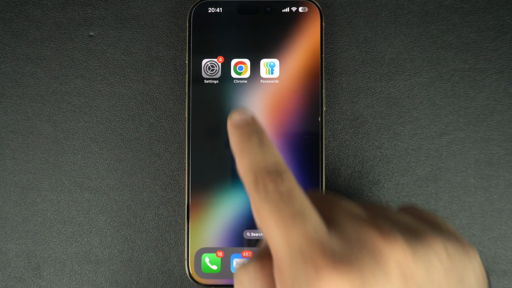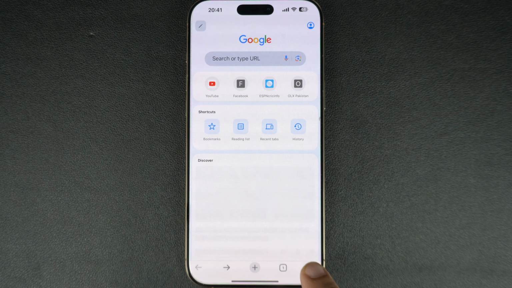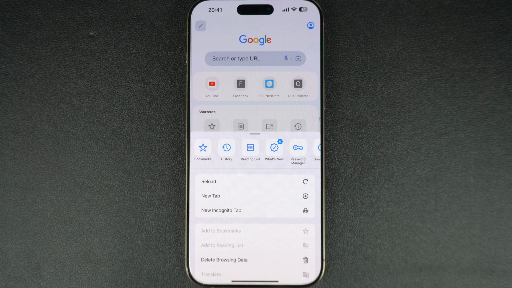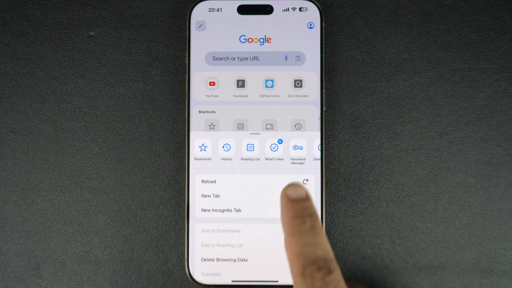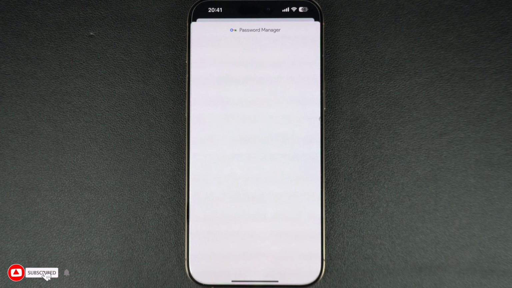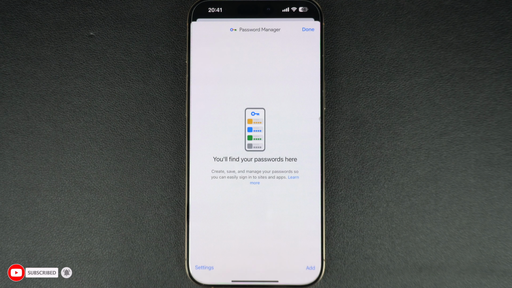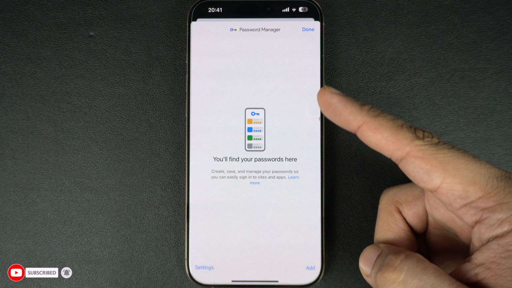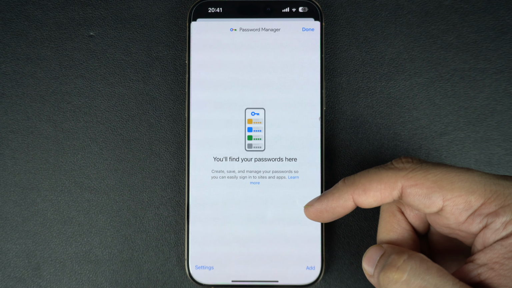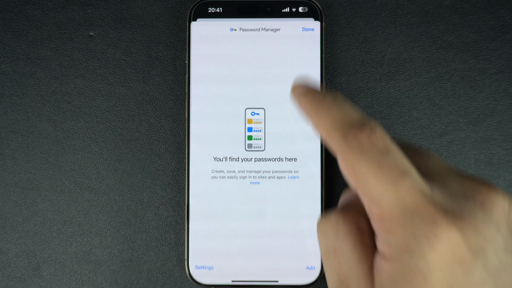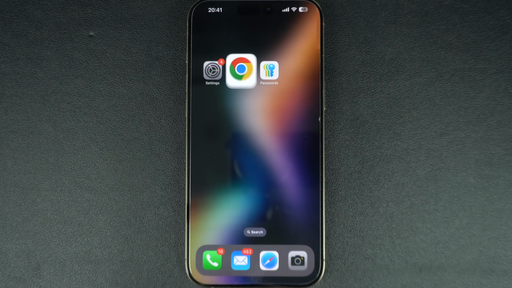Launch the Chrome browser on your iPhone and tap on the three dot button from the bottom bar. On this menu, tap on the Password Manager and authenticate with a Face ID scan. On this page, you will be able to find all your passwords, including the Apple account password that you are looking for. If these methods do not work for you, then it might be time to reset your Apple account